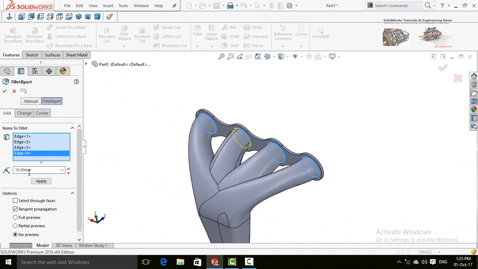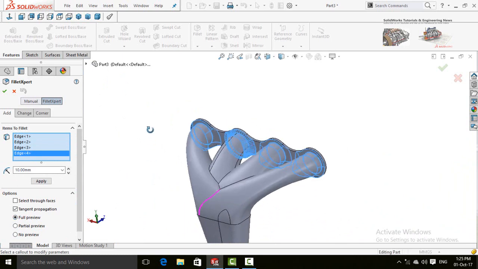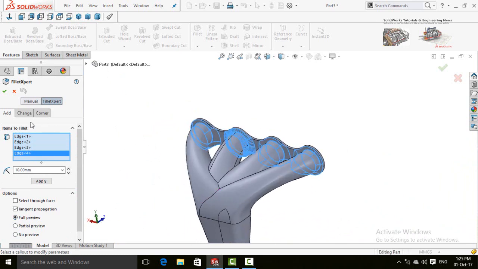Fillet radius is 10 millimeter and check to this option, full preview. So it is okay, but we need to reduce the fillet radius. So type here 5 millimeter fillet radius. Press OK button.